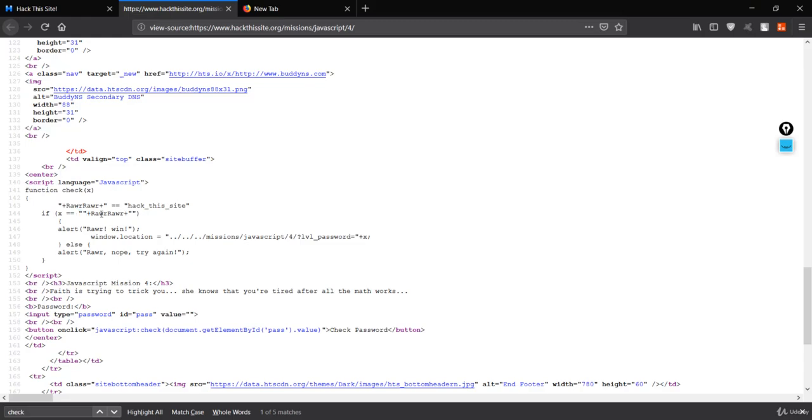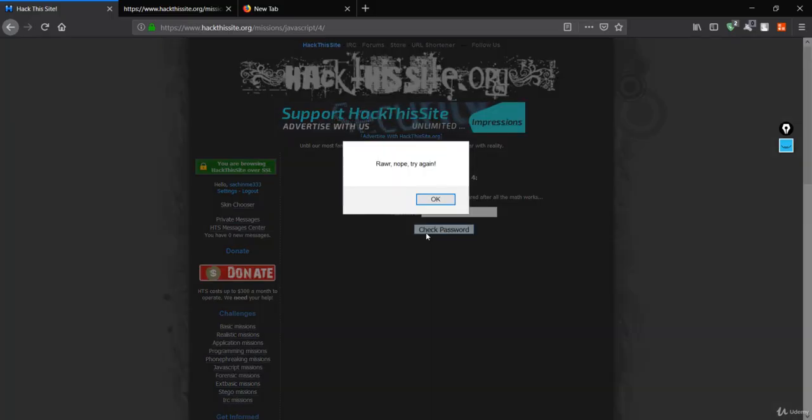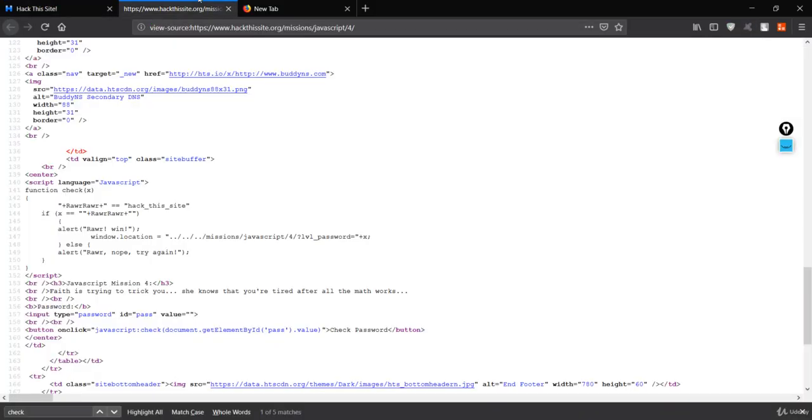That means we'll only check for the variable rar. If we get the value of rar, we'll get this message. Otherwise it will just say nope, try again, which was basically calling this else part here.